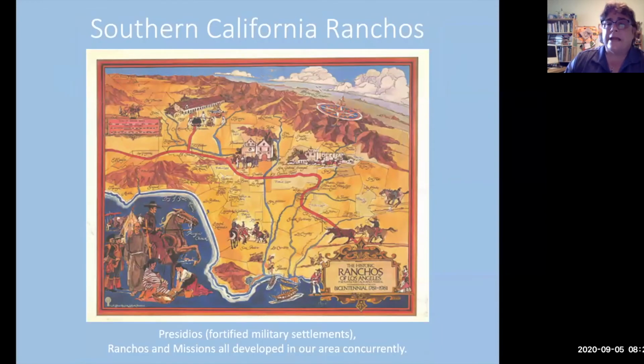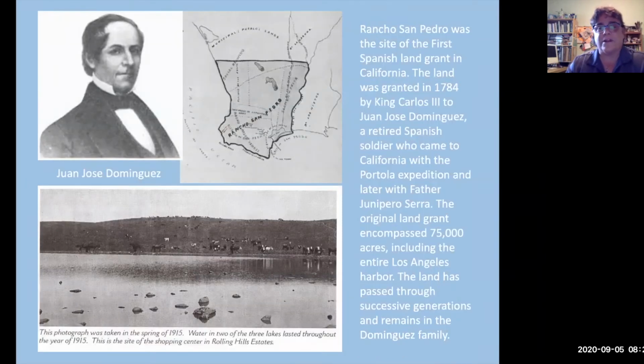As the land got divided up into ranchos, this is Palos Verdes, this is San Pedro, and all of these lines that you see through here are the different land grants or ranchos that were in the area. And this is the mission, San Gabriel. There's a tremendous amount of land division up here in Alta California. It was a very complicated history. Those people who have studied history know this is really complicated.